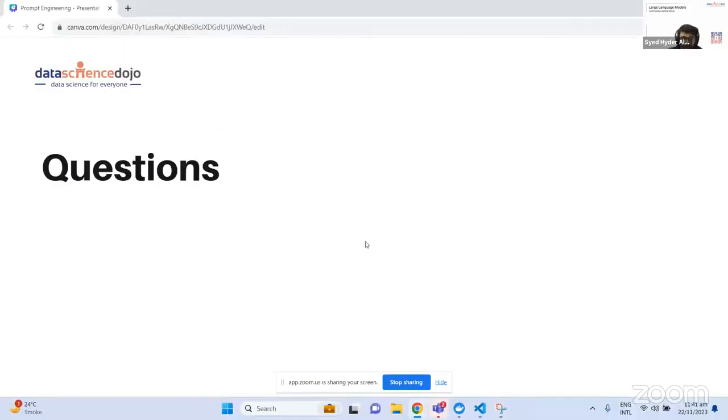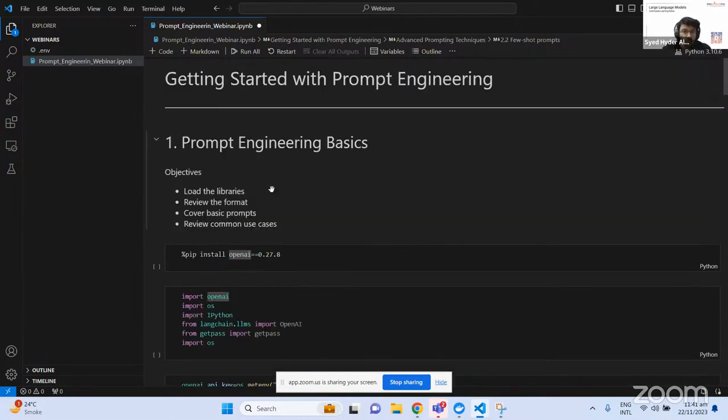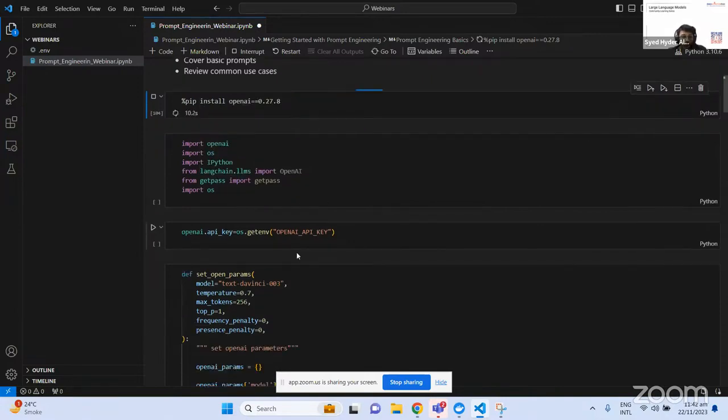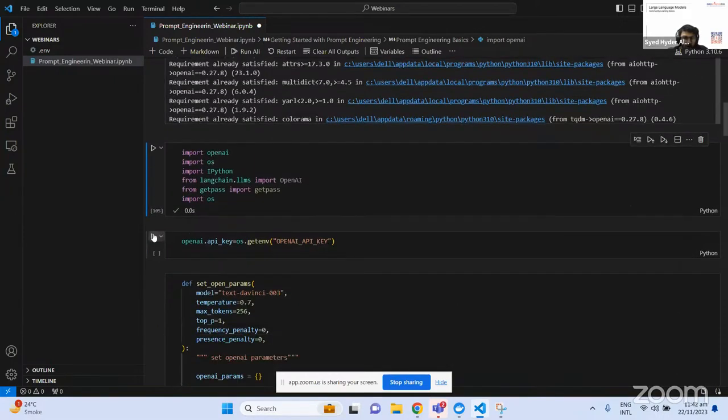So I think we can now go to our notebook, and then we'll have some question and answer session. Here I have the same notebook with the examples that I have shown you, and we'll go through it quickly. I'm importing OpenAI, since the recent update does not work with the model that I'm using here. I have my OpenAI key and I'm coding.